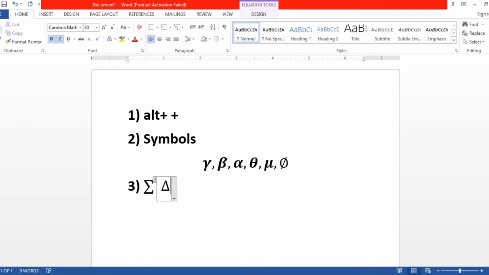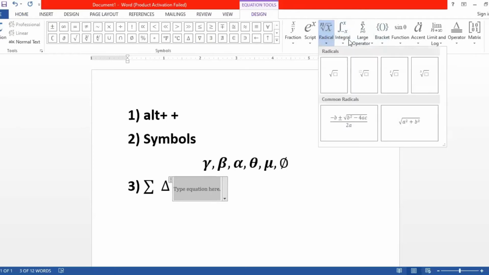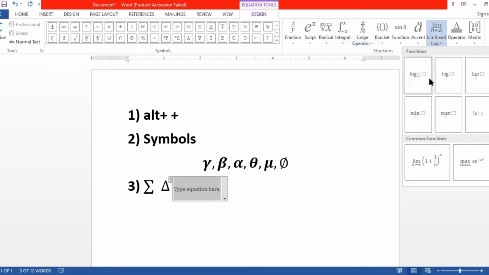Slash inc, that is, we get the delta operator. There is also a syntax for the backward delta operator. I will discuss that at the end. Now here, see, there are different types of brackets, under root, and on the upper side we can see integration, limit. These are all available as per our requirement.